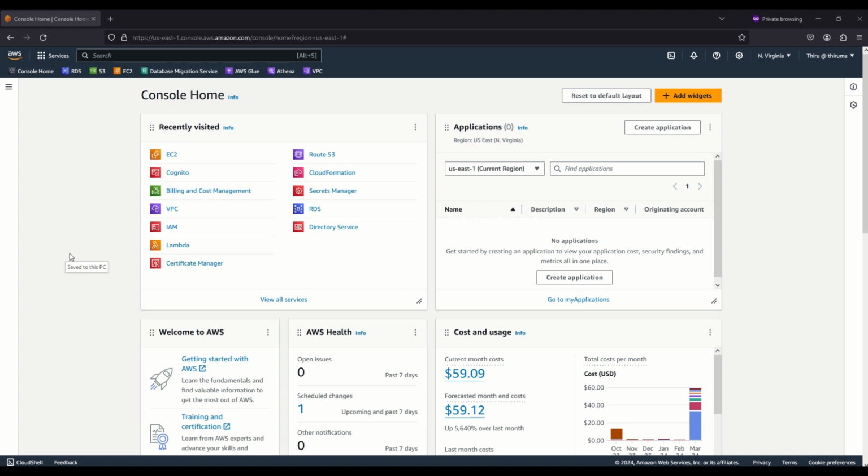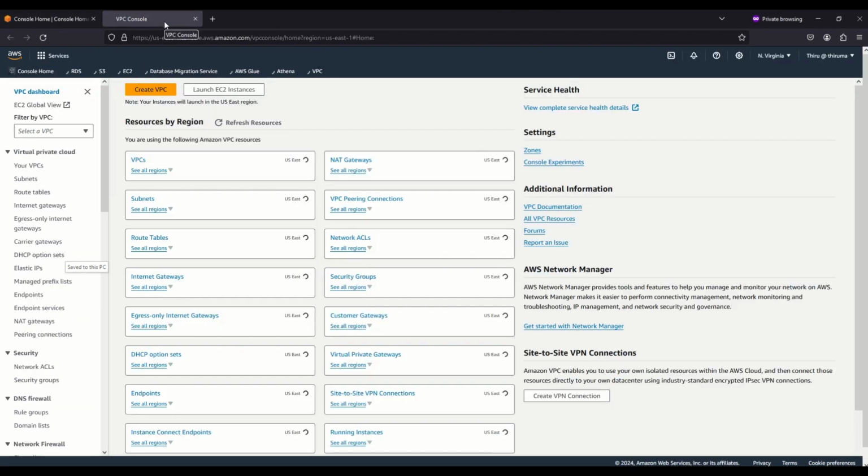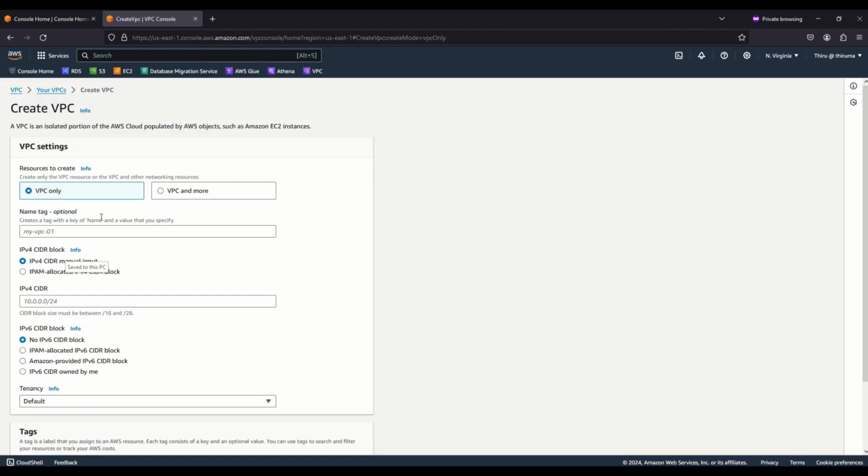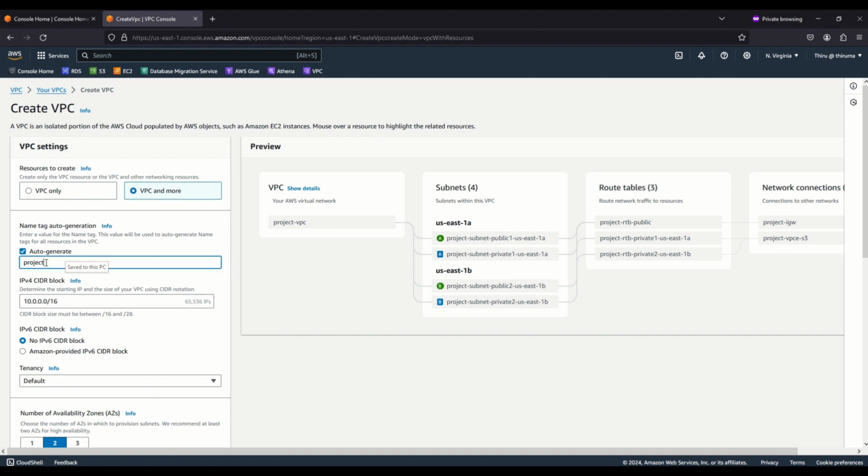Okay, I have now logged into my AWS management console. Let's go into the VPC console and create a new VPC here. If I go into the VPC, I already have one VPC, that is the default VPC. I'm going to create one, and I'm just going to choose VPC and more. I'll name it EC2 instance connect demo VPC, and I'm going to leave the IPv4 CIDR block as